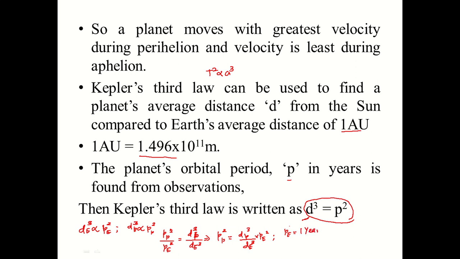which we know is 1 year, and dE is 1 astronomical unit, the distance of the Earth from the Sun. If we substitute it here, we will get PP square is equal to dP cube, where PP means the period of the planet. If you generalize it as P, then P square is equal to d cube, the average distance of the planet, with P in years,